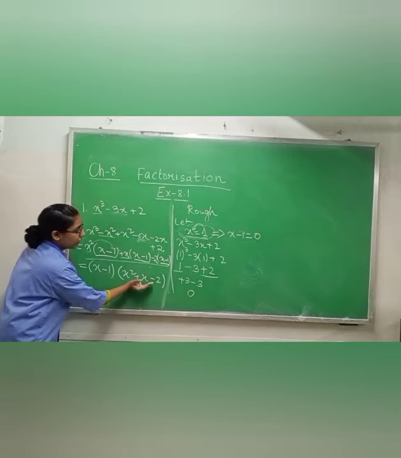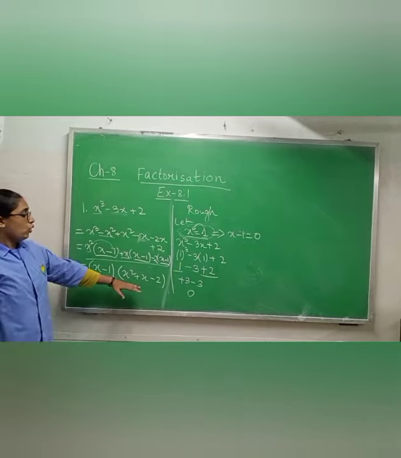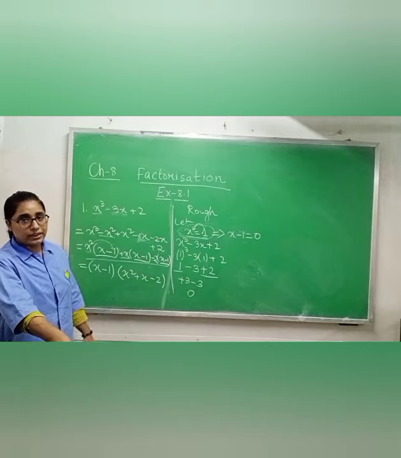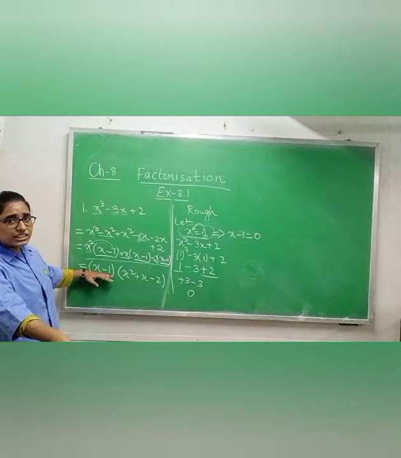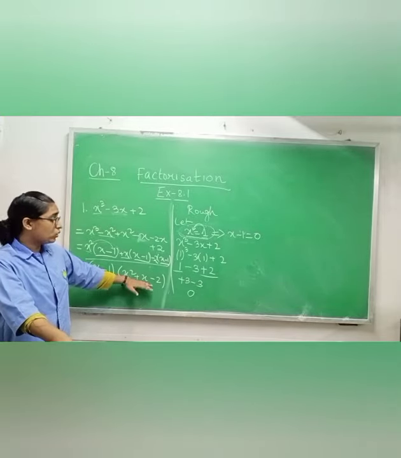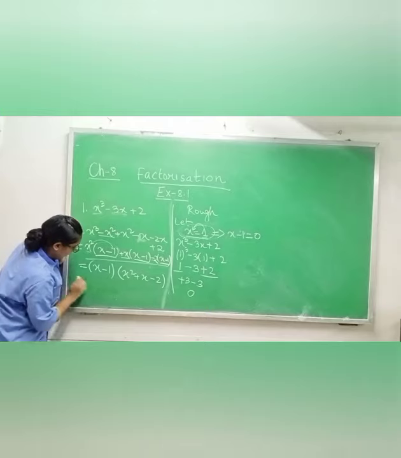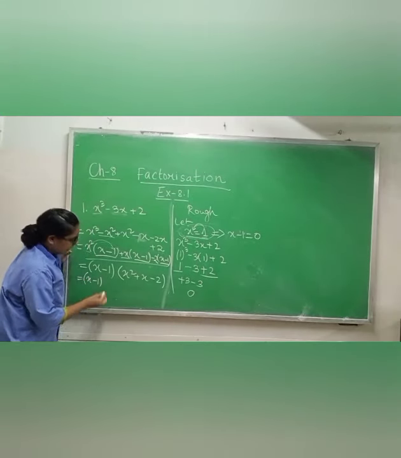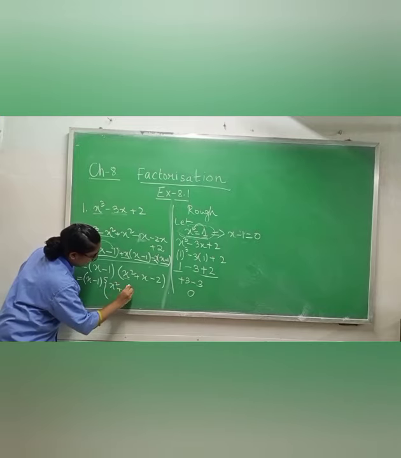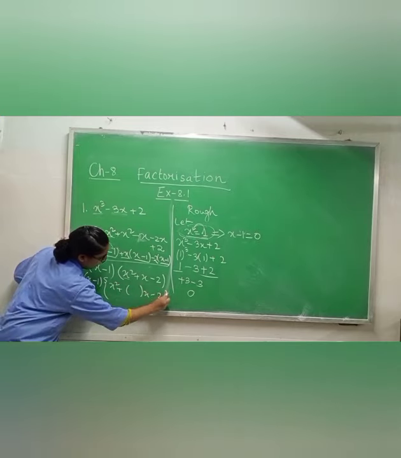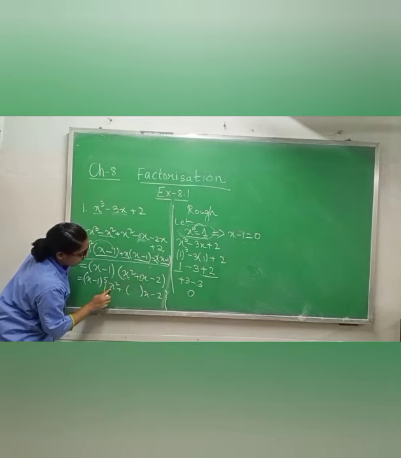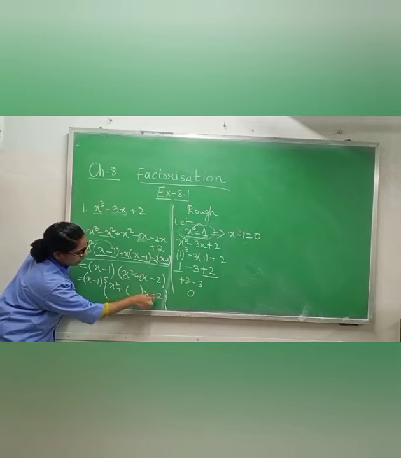This one is okay, but if it is possible to do middle term factorization, then you can also do middle term factorization. This one is not possible because it is a linear equation. But if this is x square, its power is 2, then you can do middle term factorization also. Let me show you how to do middle term factorization. I think you know, but I am again showing you. You will write x square plus x minus 2. Means here you have 1, so I am not writing anything here. I am writing x square, then plus sign, then this x, and then minus 2.